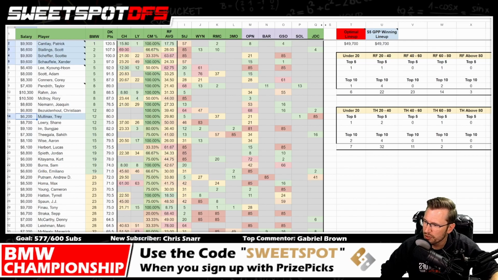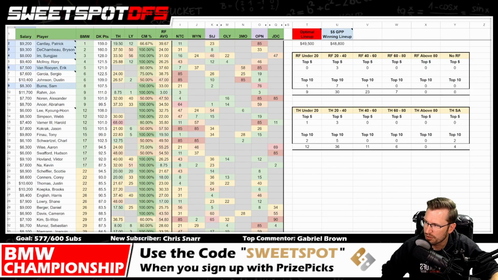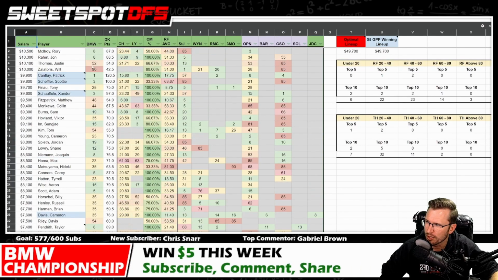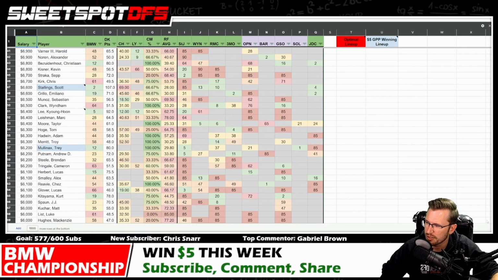So that's 2 years in a row that there were 3 9K golfers? That's crazy. 3 9s in the optimal lineup here, obviously the GPP winning lineup. So maybe that's what it's kind of turning into. Let me just double check something. So this year, I haven't gotten to it to show you, but